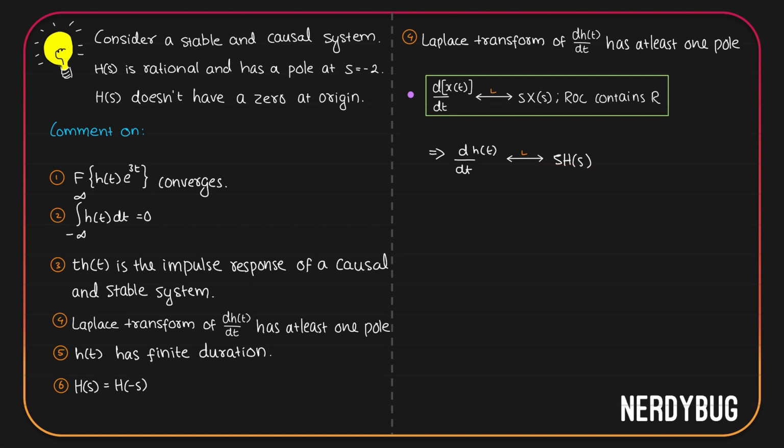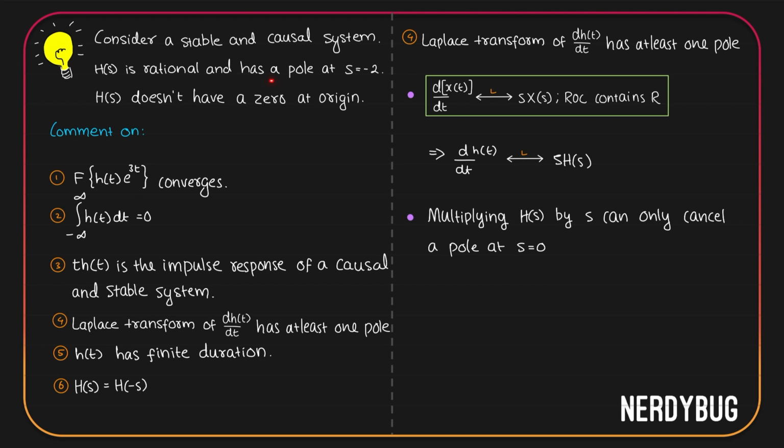If H(s) had a pole at s equal to 0, its denominator will have s multiplied by something. That is, if you give s equal to 0, the denominator will become 0 and H(s) becomes infinite. If you multiply an H(s) like this with s, the only thing that can happen is s and s will get cancelled. That is, the pole at s equal to 0 will get cancelled. So we can conclude this. Multiplying H(s) by s can only cancel one pole at s equal to 0. We don't know if H(s) has a pole at s equal to 0. If it has one, it will be cancelled.